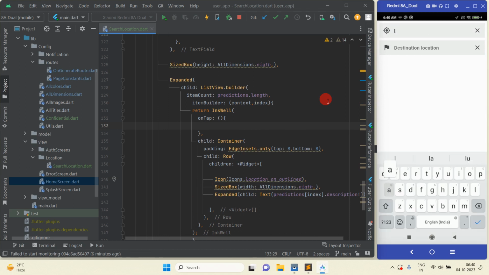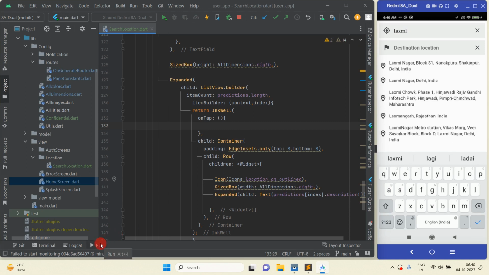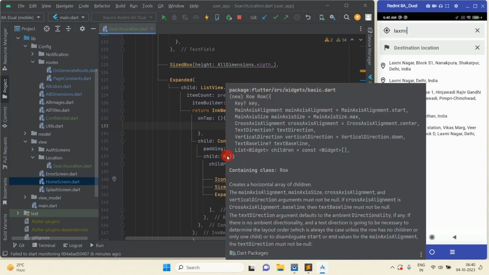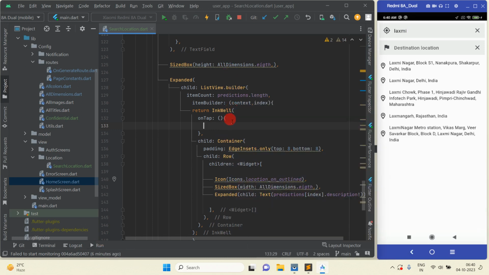So like I'm searching Lakshmi Nagar, okay, but the data is okay. Now we are getting data, okay, but on tap functionality will not work. So I'm going to add this functionality, okay. Search functionality is working now. Now I'm going to work on tap functionality. So firstly I'm going to